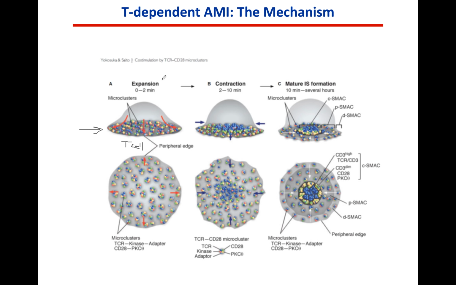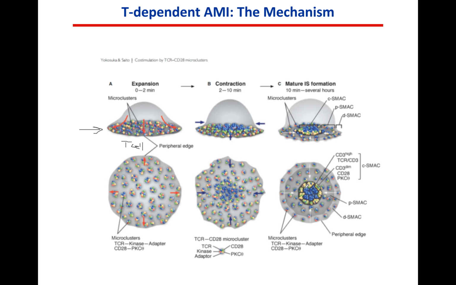Now that is the first event. That happens in the first 1 to 2 minutes. There is then a process in which the interactions between the cells are contracted or come into a more firm type of organization, and you see microclusters, in which the blue here is the T cell receptor. The T cell receptor is being clustered into the center of this set of interactions between the two cells. This matures for 10 minutes to several hours, in which you actually see this very distinct organization, in which the